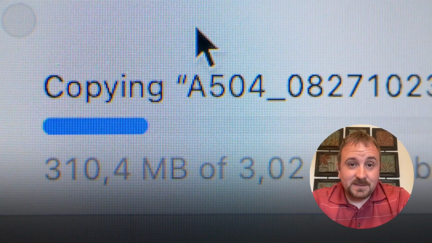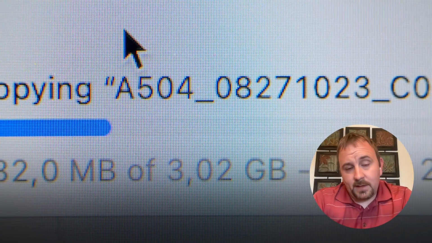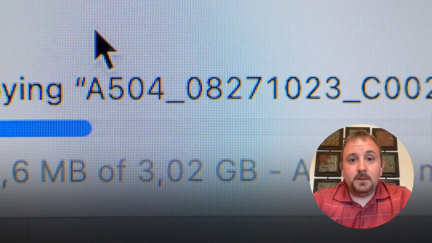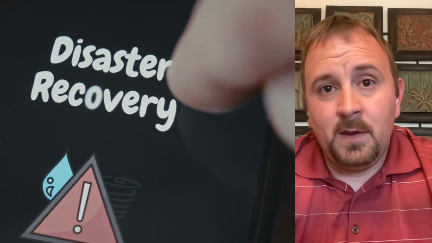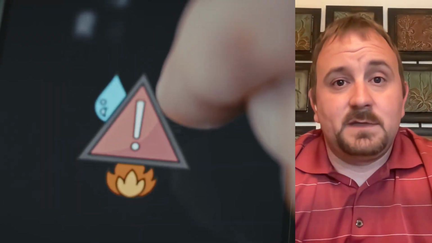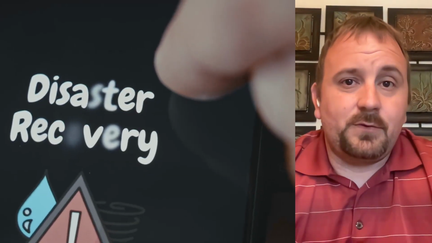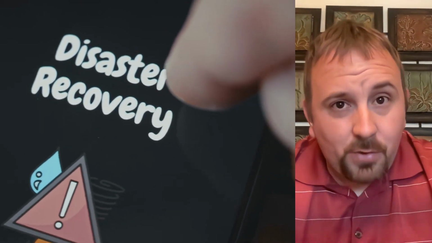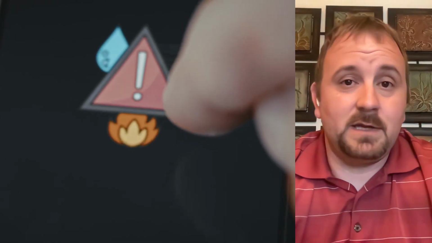Or having RAID systems where we stripe the data to make sure that if we lose a disk, we do not lose all of our data, leading to high availability so our systems stay up through the combination of the redundancy and monitoring we have in place. We've tested our failover, or we've made it automatic to switch to our backup systems when a disaster happens, because we need to practice for disaster recovery, which is the process of restoring services after any major failure, a hurricane, a flood, a ransomware attack, or any other disruption to our systems.